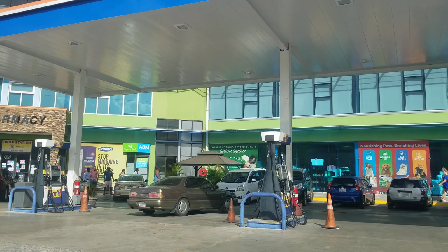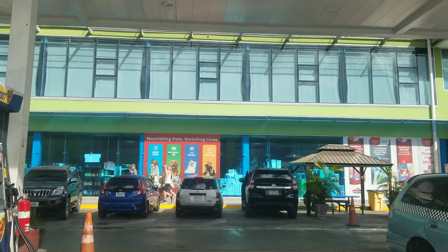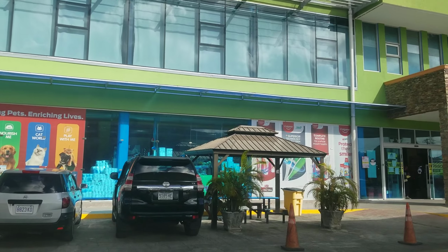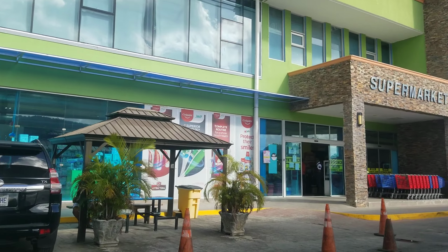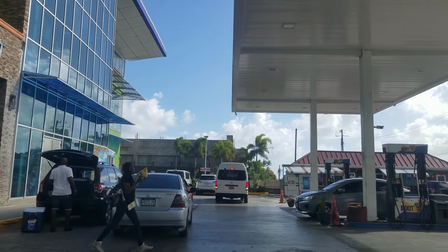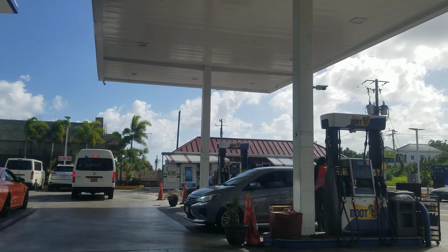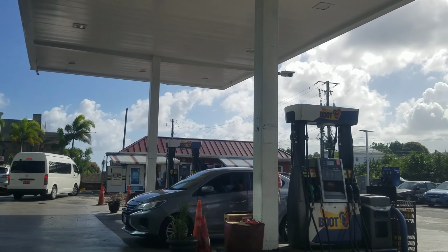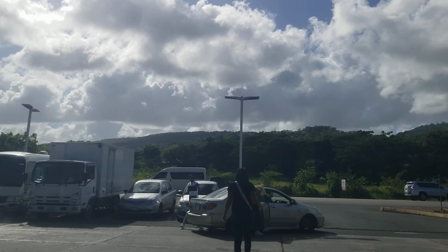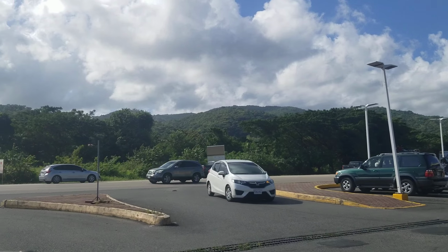So this is the Booth gas station in Draxhall. It's like a mini plaza. You have a pharmacy, you have a supermarket, you have a gas station, and you have a call center upstairs. So we're going to go down to